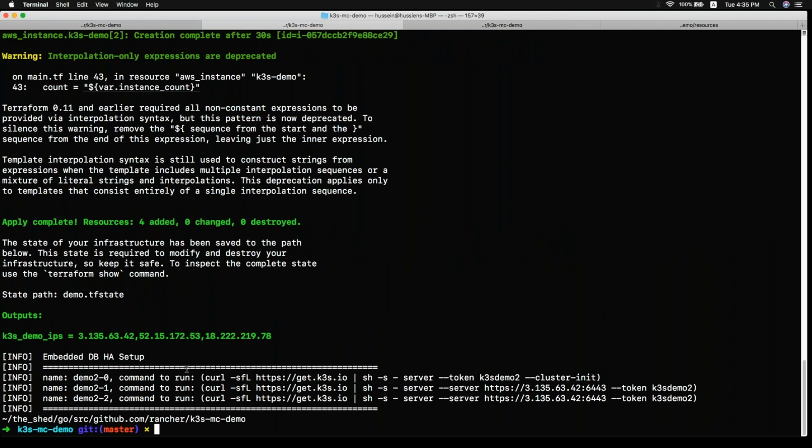Let's move to the different deployment architecture, which is embedded database. This is based on SQLite, so we don't have to install any external database. We will run 3 servers. As you can see, all of them are servers. The first server will just run with cluster-init, and the other 2 servers will have the server IP pointing to the first server that we have. So if we ssh to demo 2